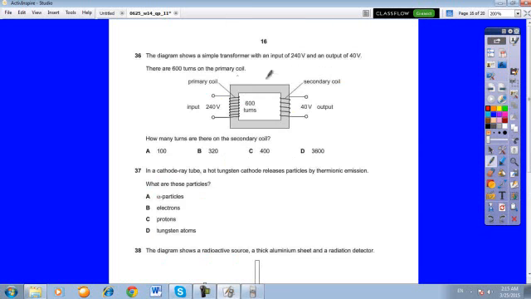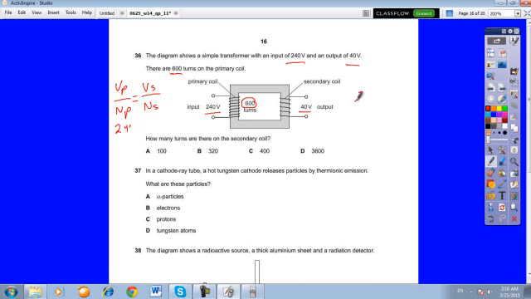36. The diagram shows a simple transformer with input of 240 volts and an output of 40 volts. There are 600 turns at the primary. How many turns are there at the secondary? We know that voltage at the primary divided by the number of turns at primary is equal to voltage at the secondary divided by the number of turns of secondary, which means that